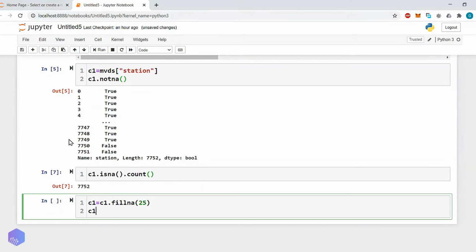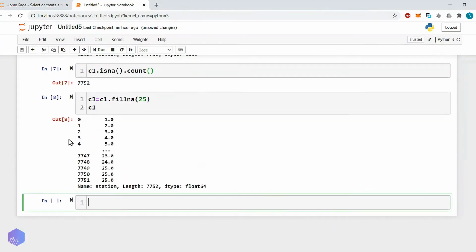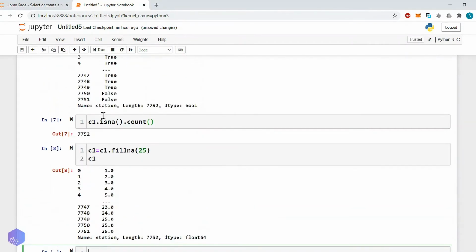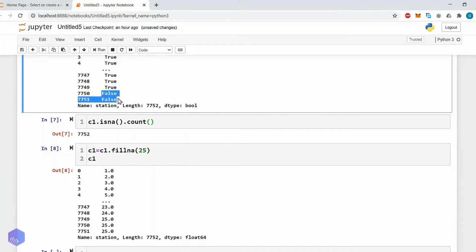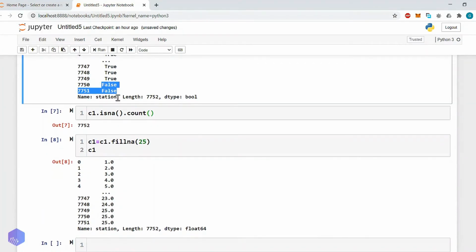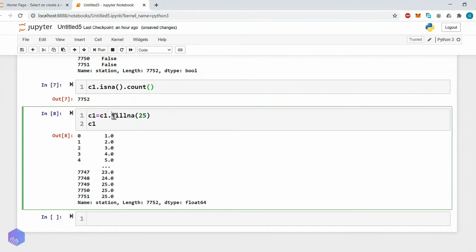Then let's display it. As you can see, previously the last two rows were missing, but after using fillna, fill missing value with 25, wherever there is a missing value it is replaced by the specified value.